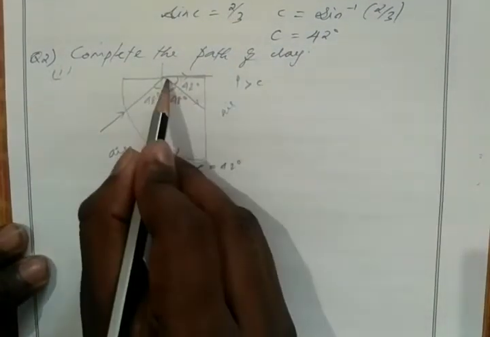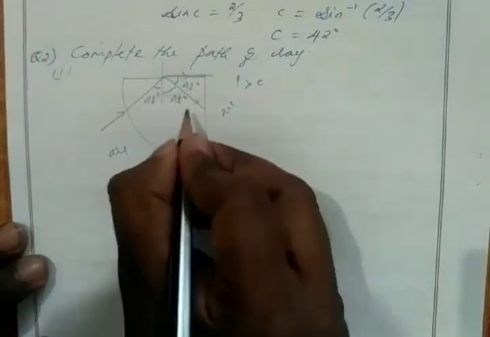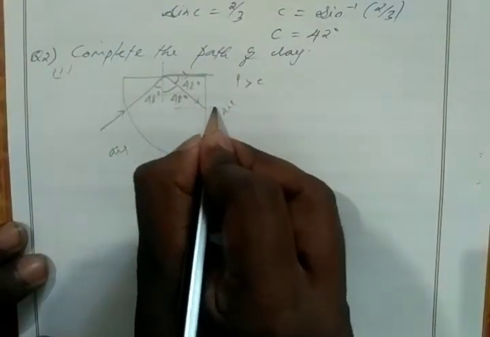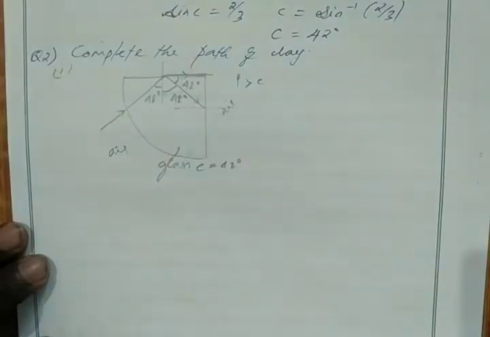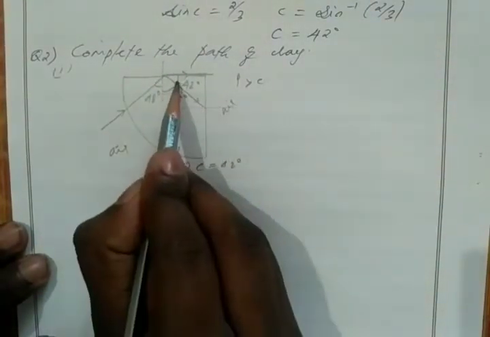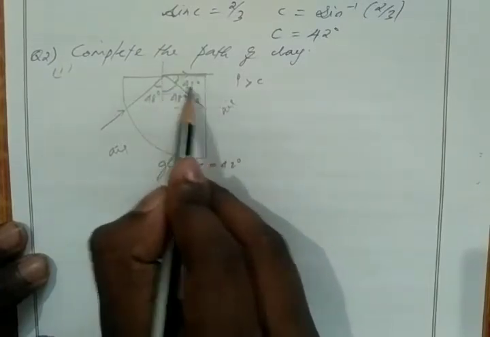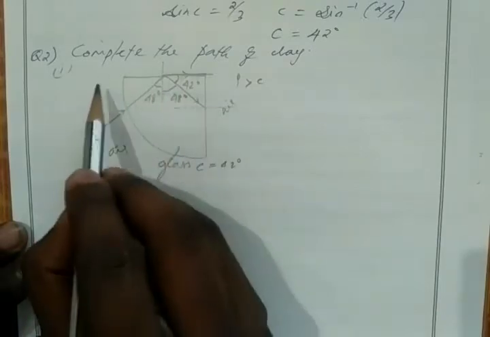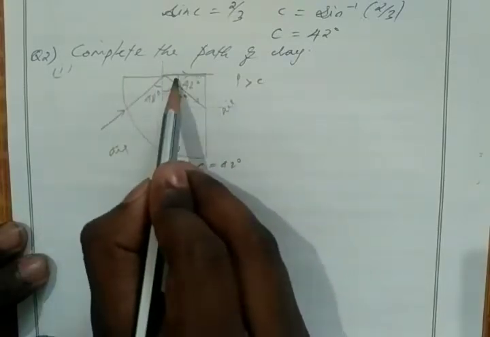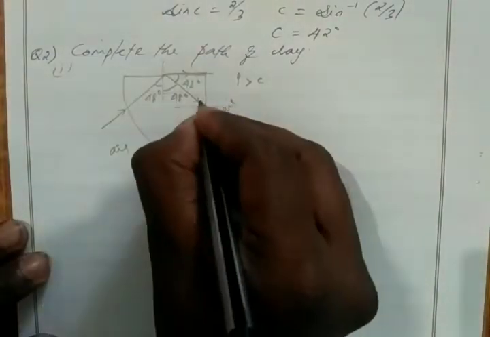Okay, so this is our incident ray. For this incident ray we have to find the incident angle. How to find the incident angle? Draw a normal first, okay, normal line. In this triangle, this angle is 42 degree, this angle is 90 degree, correct? Then the remaining angle: the total angle enclosed by the triangle is 180 degree. So 90 plus 42, 132 degree. So 180 minus 132, the remaining angle will be 48 degree.